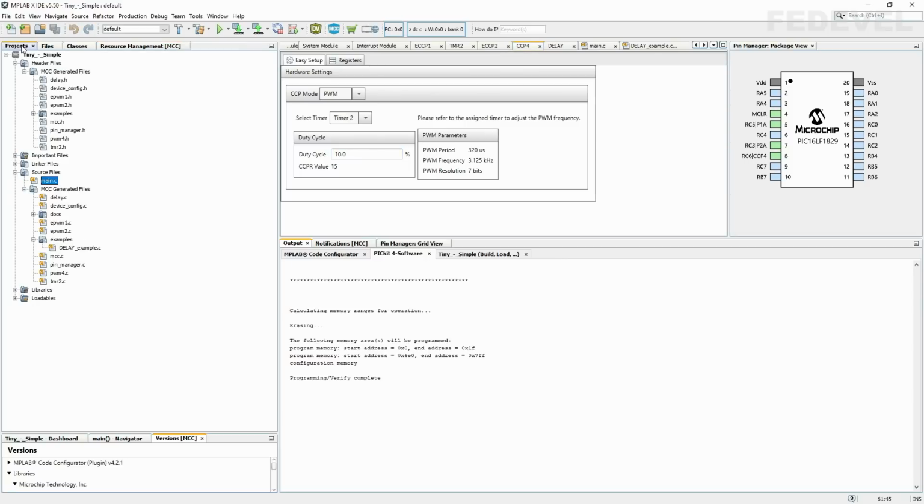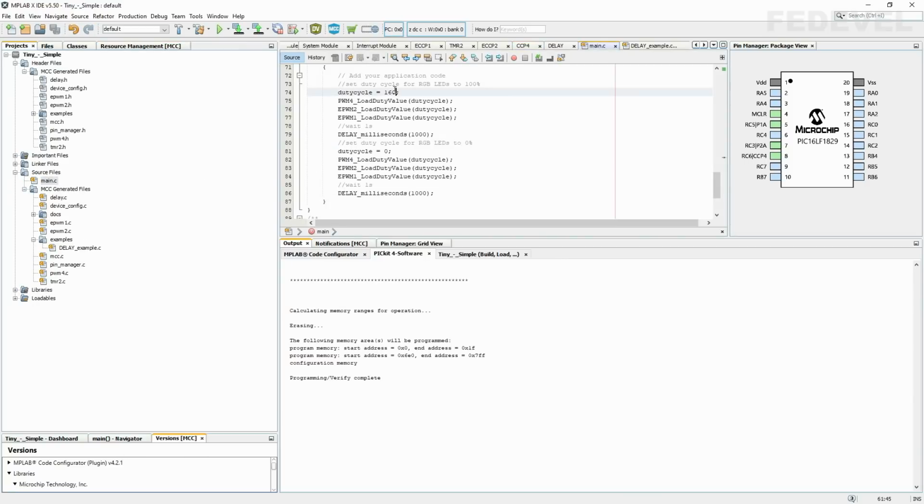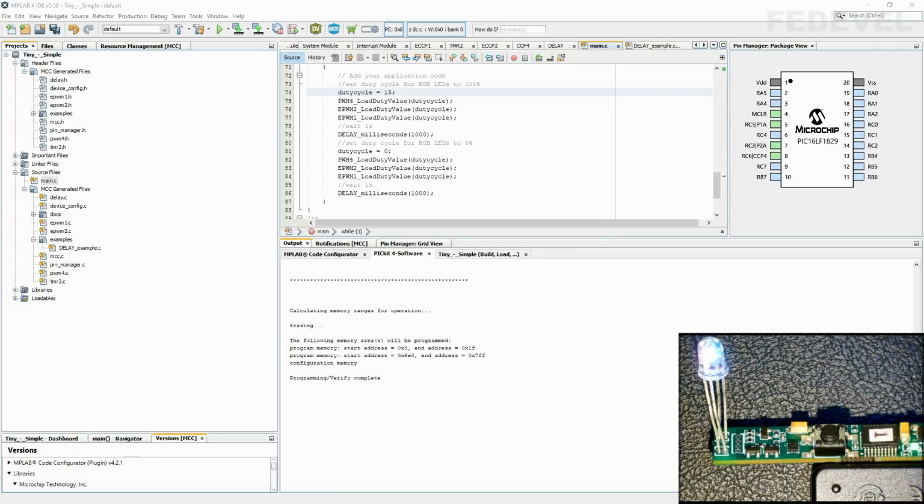Go back to Projects, double-click on the main file, and here, change this to 15. To compile and upload this newly updated software to our board, just use the play button, okay? The play button will automatically compile and flash the new software. So left click and watch what is going to happen on our LED. The brightness should be lower.